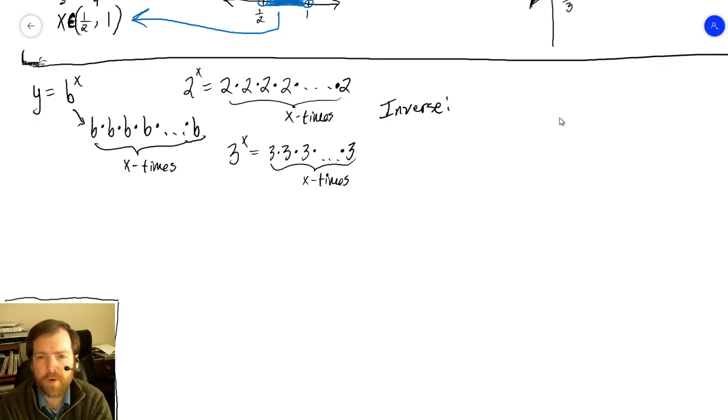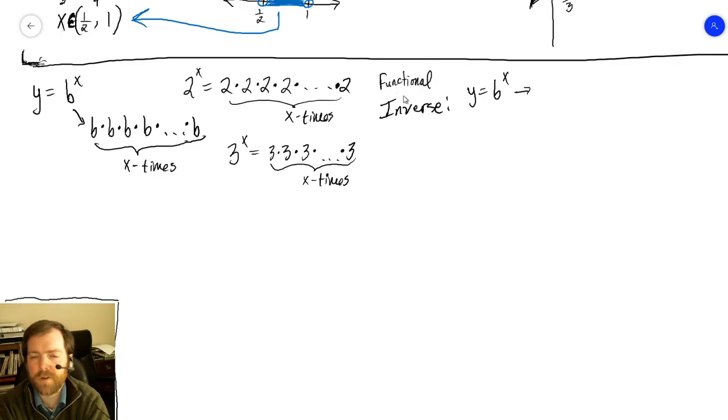A lot of you probably remember the old "switch the variables and then solve for the other one" technique. I don't like that very much. Not at all. So instead, what I would like my students to do is say, all right, I've got y and x in these particular places, and I need to reverse them, because an inverse of a function, we'll call it a functional inverse,